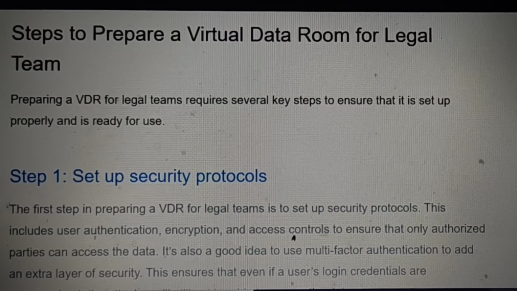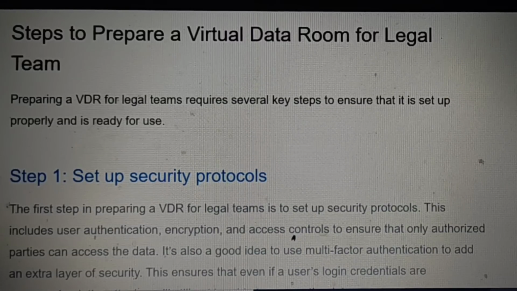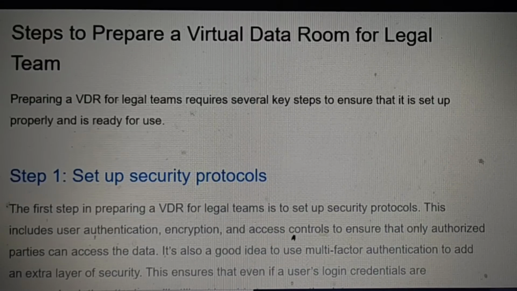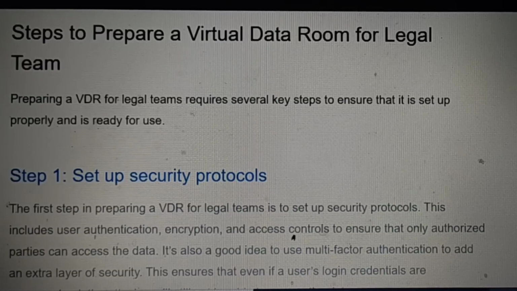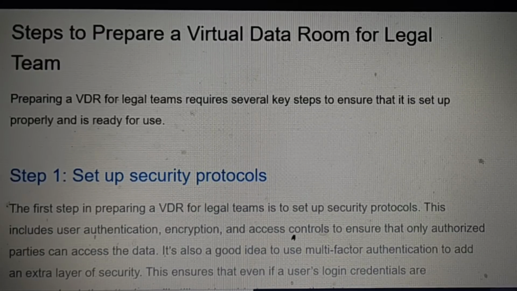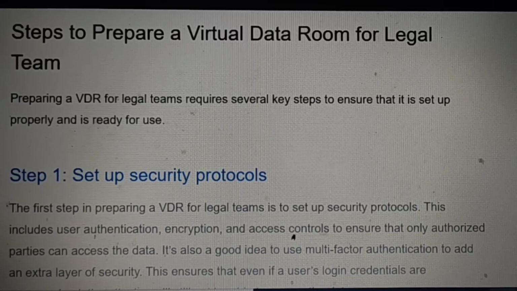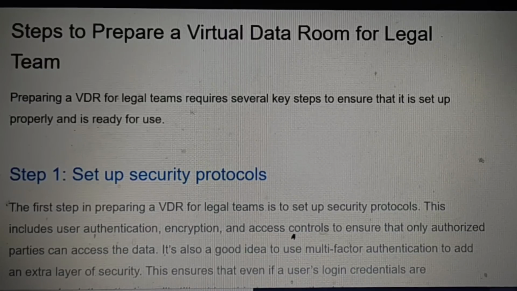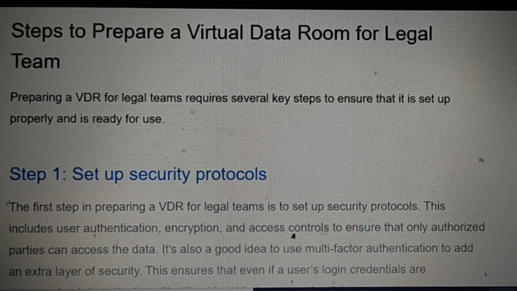This includes user authentication, encryption, and access controls to ensure that only authorized parties can access the data. It's also a good idea to use multi-factor authentication to add an extra layer of security. This ensures that even if a user login